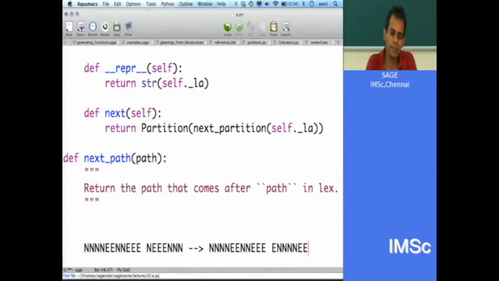Okay, so here's what I think you should do. You should start scanning from the right and look for the first place where the tail slice is not a bunch of e's followed by a bunch of n's. Okay, now you find that slice. So the first thing will be an n, because till then it was all e's followed by n's. Of course, it is possible that the whole thing just ends with an n, which is fine, that is still a bunch of e's followed by a bunch of n's.